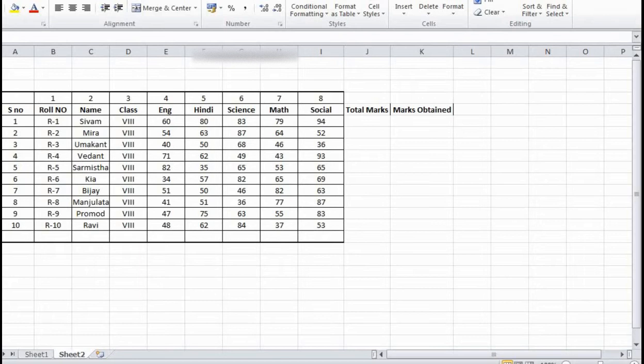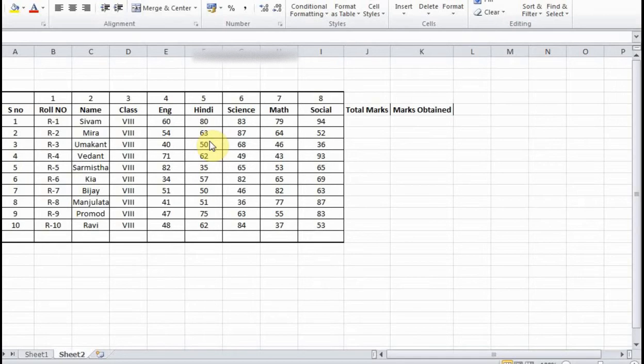So I already took the data related to a sample example. You can take any example. I am doing it here for 10 students. You can do it for 20, 30, 40, any number of students, because we use the formula.